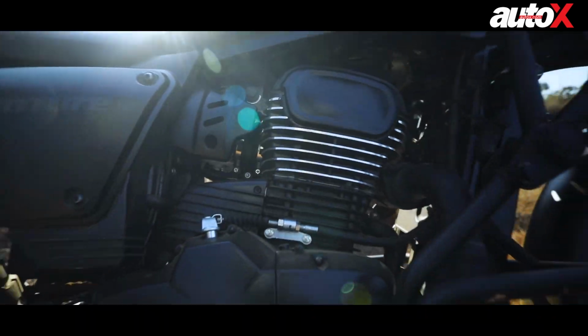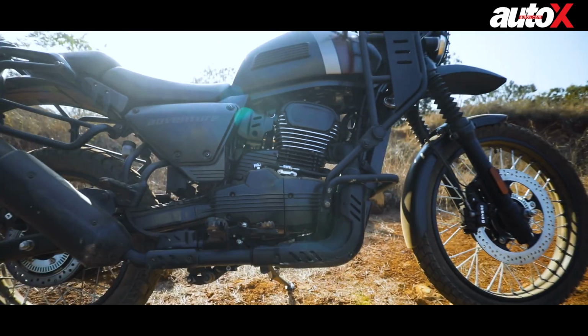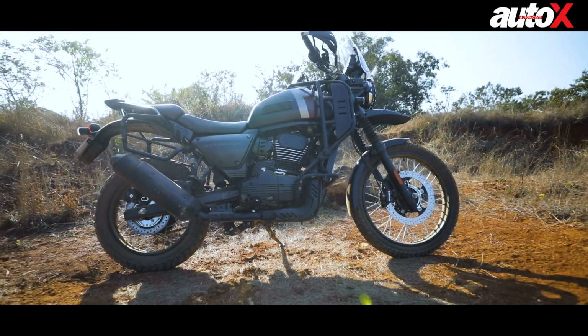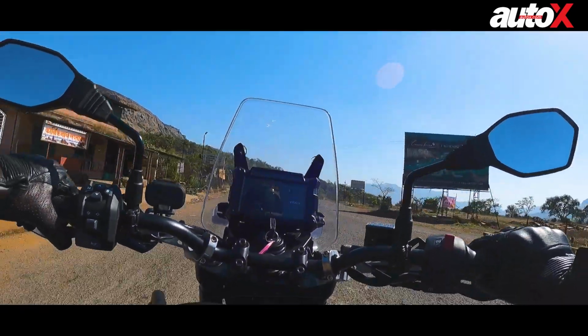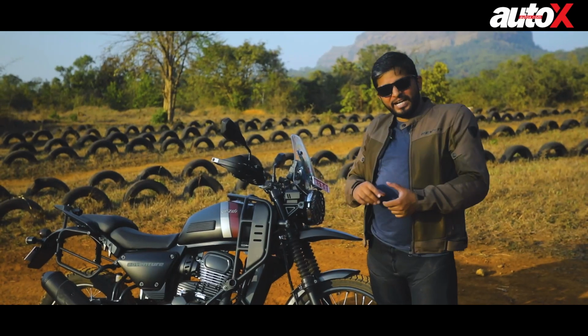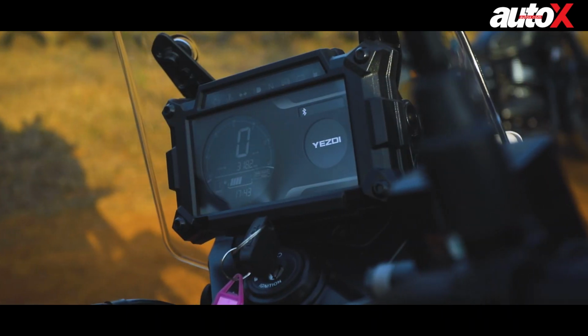It does feel like an ADV. It's quite comfortable. The engine is very refined, and it really flows around corners. It handles really well. Now, the other thing is, it has a lot of kit on offer. The LCD screen, especially on this one, looks quite upmarket, and this is the only bike that comes with